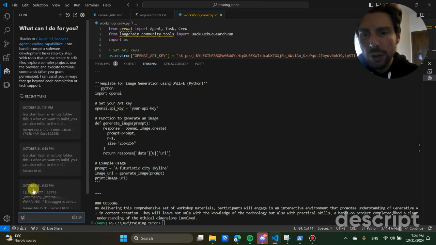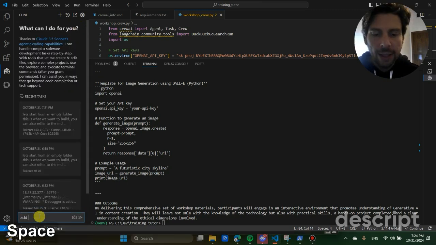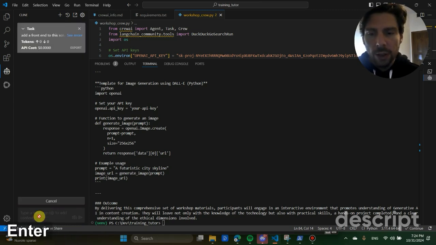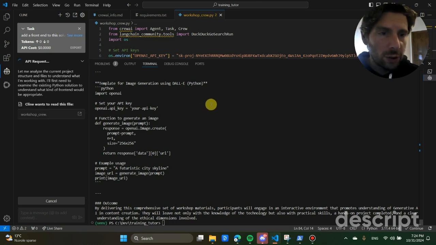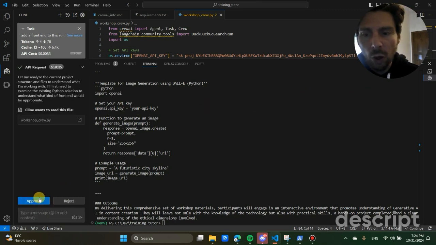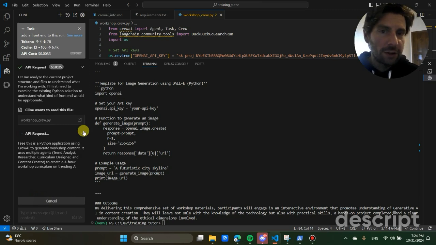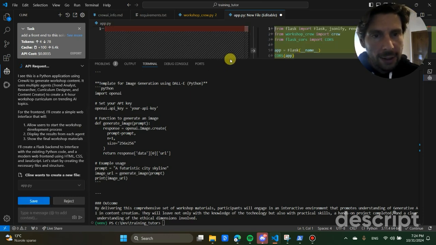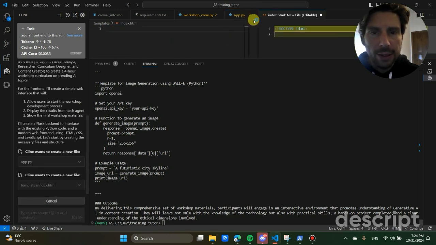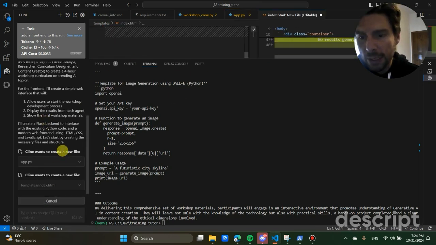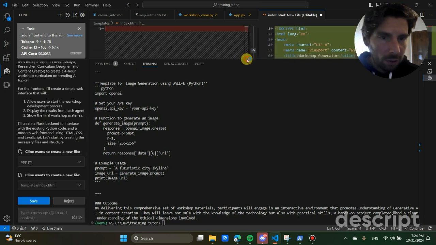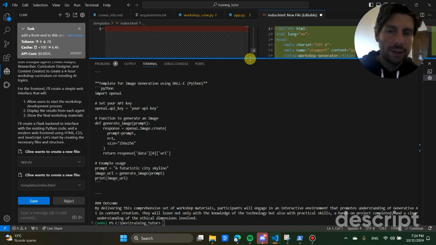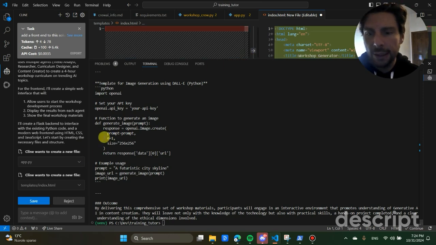However, let's close this and ask it to add a front end to this solution. With this front end, we can show this to pretty much anybody we want. It is going to add a front end that we can run to demo our solution and see if it works, not inside of the terminal, but somewhere a little bit nicer. I think it is going to have to install some dependencies or files. But so far, as I promised you in the beginning of the video, we haven't written a single line